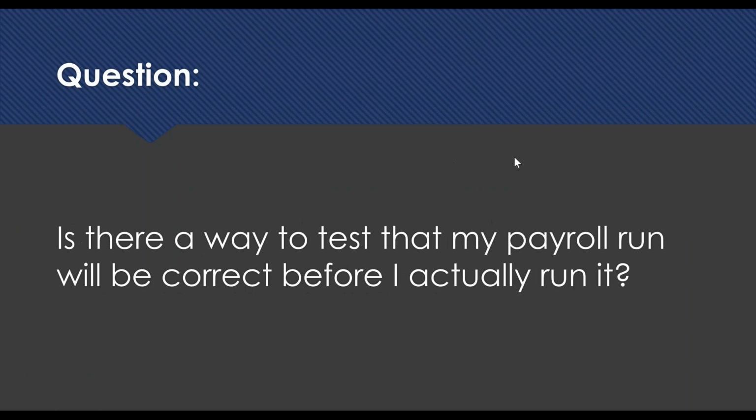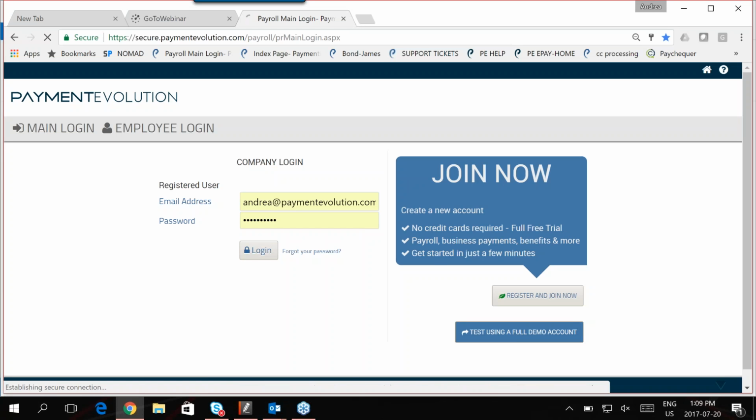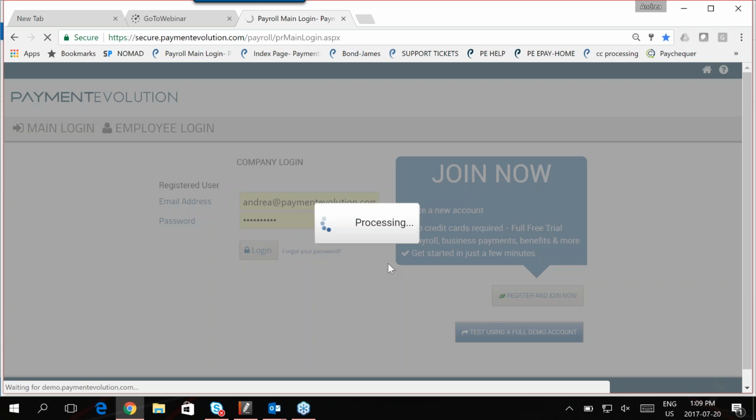So next question. Is there a way to test that my payroll run will be correct before I actually run it? There's a couple ways to do this. Option 1 is you can use our demo account. This is always the best answer to this. If you go to your main login page, there is a blue button that says test using a full demo account. If you click on it, it will give you a pre-populated account with some information in it, but